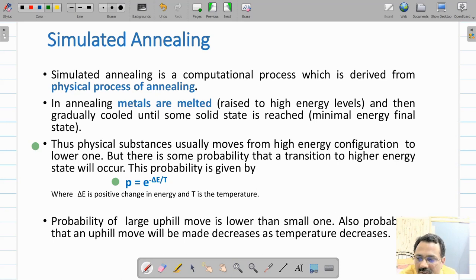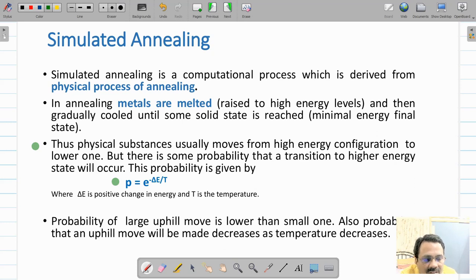Now this equation is very important in the simulated annealing algorithm. The algorithm is like that of the hill climbing search algorithm. So if you are getting a better move, of course you should select it, just like in hill climbing search. But sometimes if your neighborhood solution is not better than the current one, if it is worse than the current one, still allow your algorithm to select that solution with some probability, and that probability is P is equal to e raised to minus delta E by T.